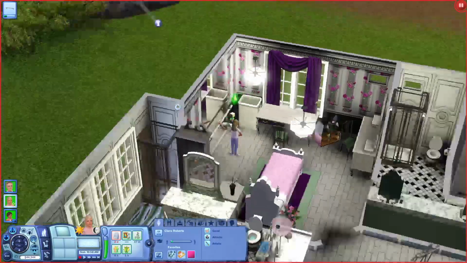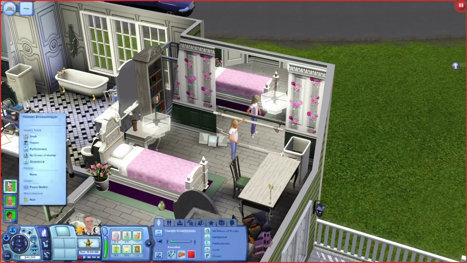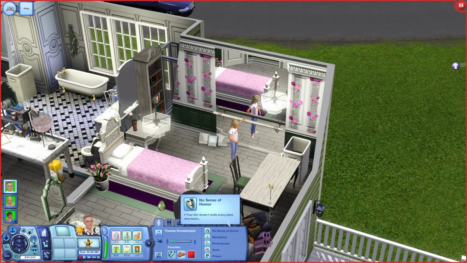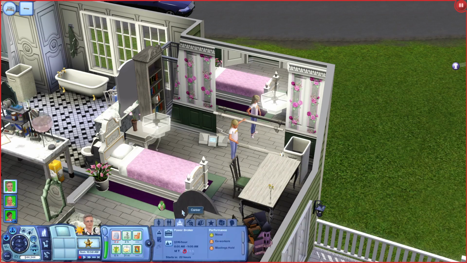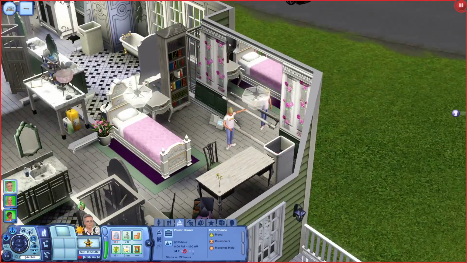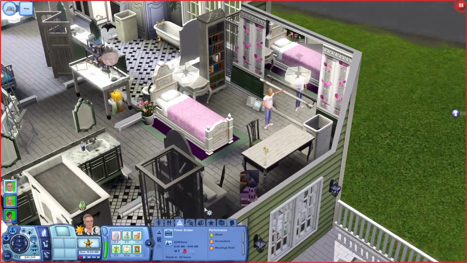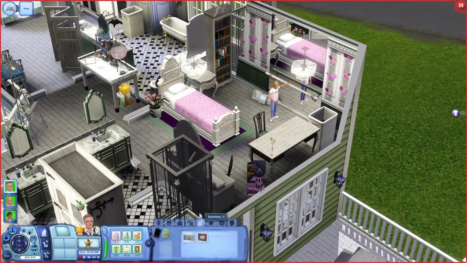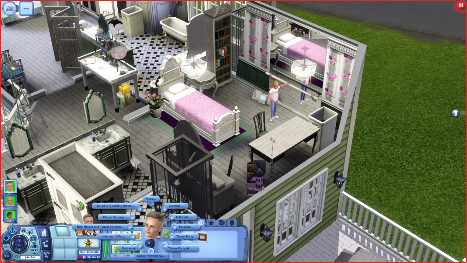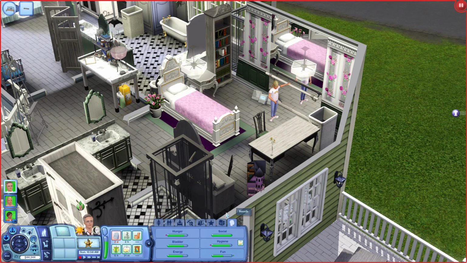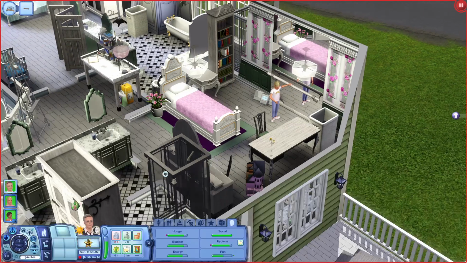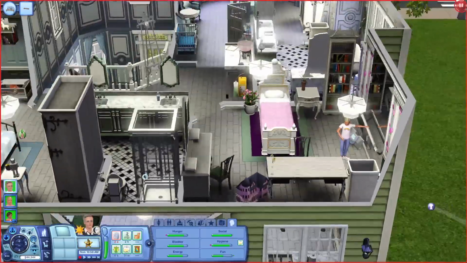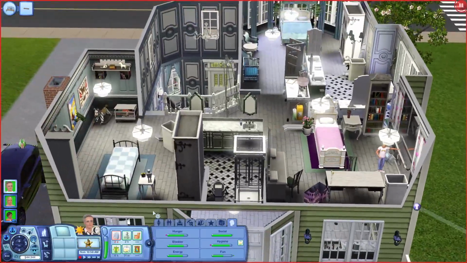So, before we start, I do want to walk you through the Sims. So we have Grandfather Drosselmeyer. He has no sense of humor. He's disciplined, a perfectionist, a snob, and he is proper. Now, he is at the top of his career. I kind of want to have him retire. I don't know if he's allowed to retire. He's not an elder. He might not be able to. Okay, doesn't look like it. So, he's at the top of his career, but we'll just see how that works out for him.